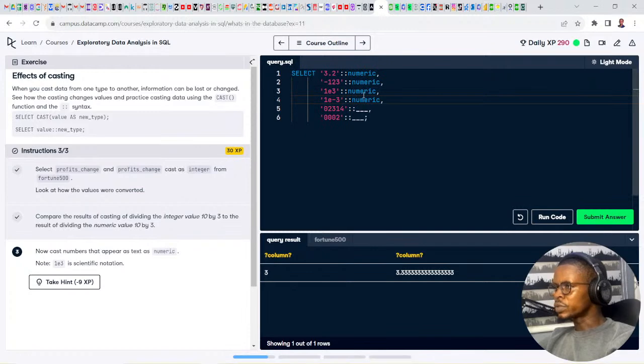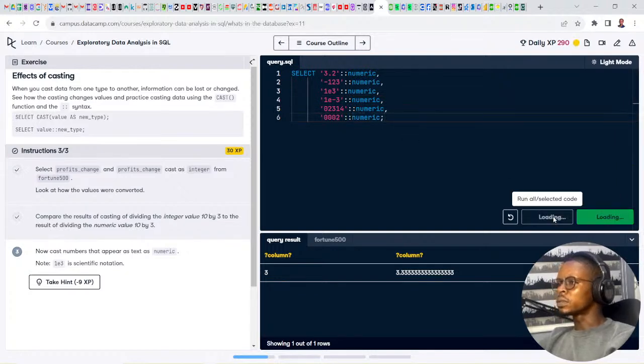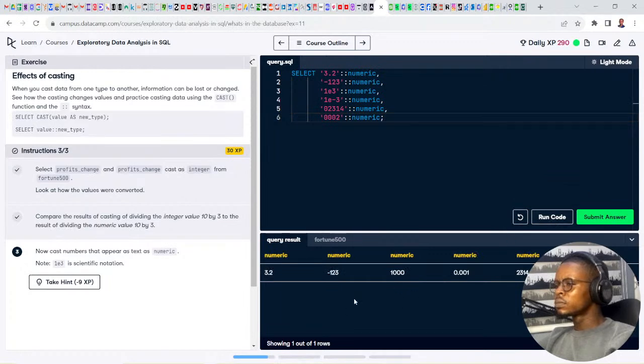So this is scientific notation. Let's run that. Let's see. 3.2 minus 1 to 3. This is scientific notation. This is 1000.